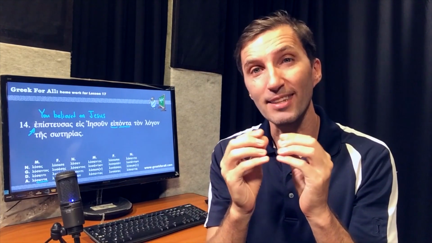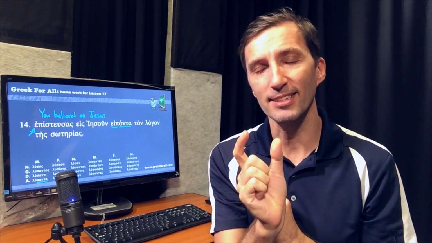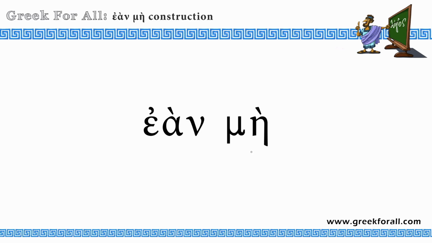In Koine Greek, many words come together and create these logical units, these phrases which appear many times throughout the New Testament. So in this video, we're going to study one of those phrases, which is ean me. This is the construction which we're going to study in this video, ean me. Together, when they appear in this construction, these two words appear 48 times in the New Testament. So this is why we are studying it right now.